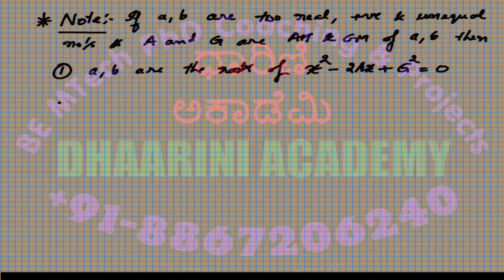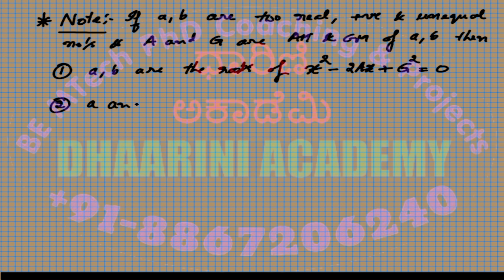This is important. So if a, b are any two numbers which are real, positive and not equal, they cannot be same, right? And we have two different terms, A and G, such that A is the arithmetic mean and capital G is the geometric mean of a and b. Then if you solve the equation x square minus 2Ax plus G square, you get a, b as the answer. That's the first point. Point number 2 is